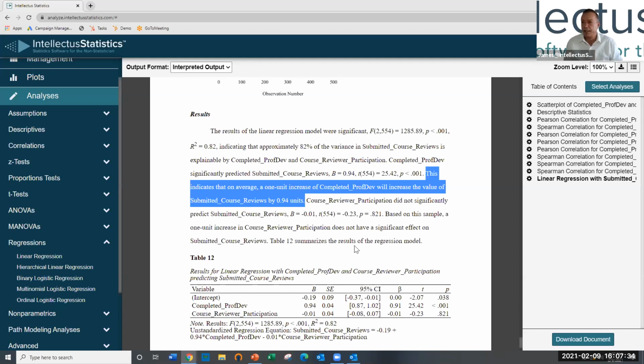Again, I'm not sure if the data is mock or not, and I messed around with some of it, so it may not be real data for one of our star institutions. So don't hold this to that, but at least it shows you how to look at those two variables predicting submitted course reviews, with an interpretation. And then when you go to export it,